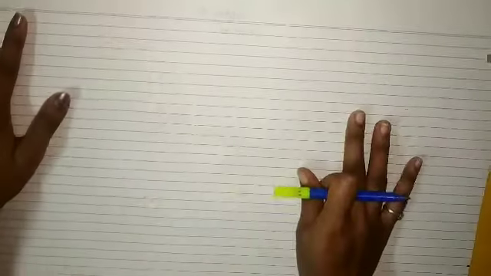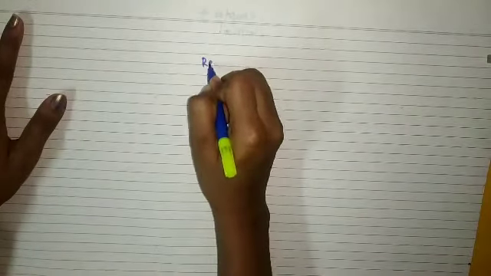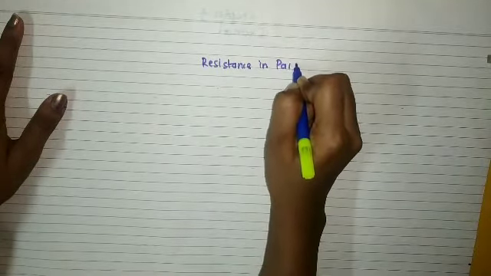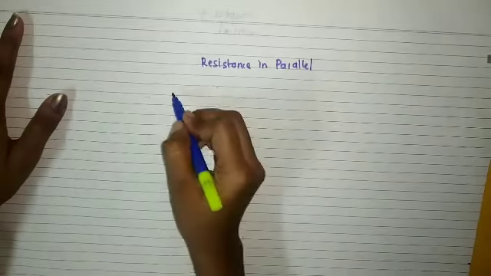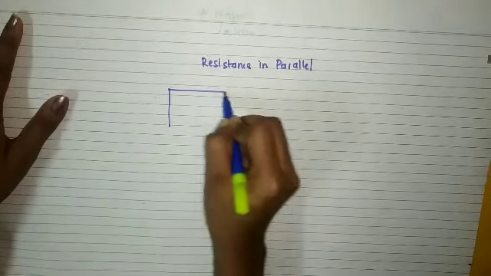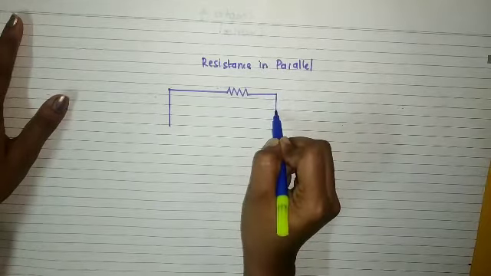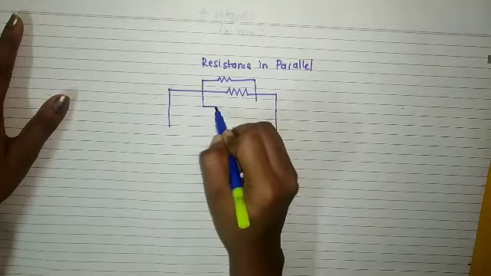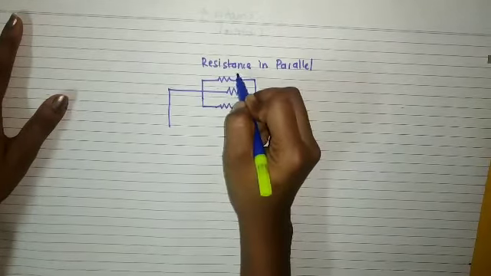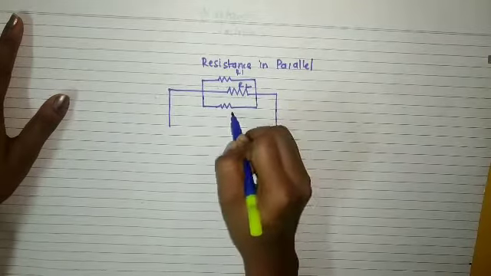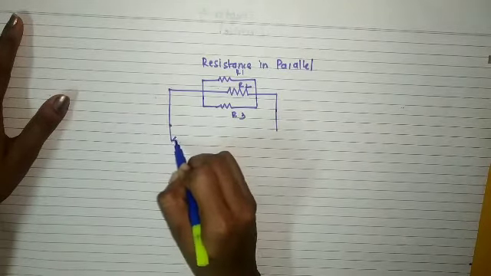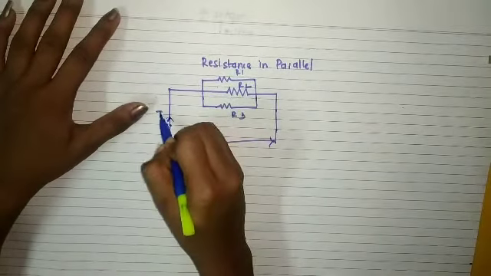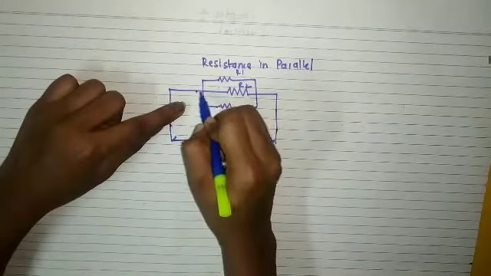So now we'll see the resistance in parallel. This is the diagram. This is R1, this is R2, this is R3, and this is the voltage that we have applied. This is the current I flowing through it. This is point 1,